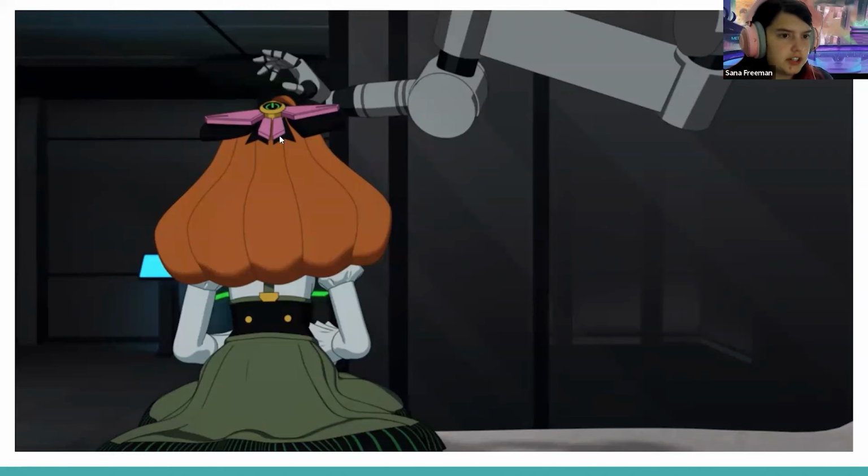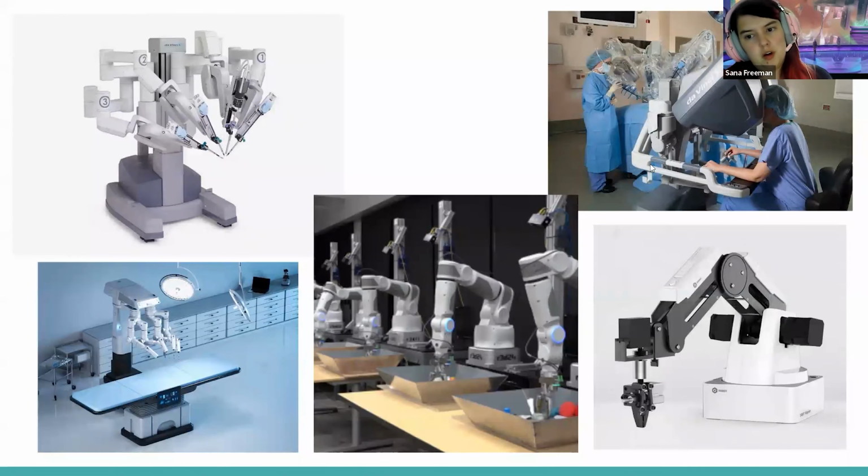But the boards did what they needed to do, right? They just need to show this is the moment that we need to have, and it is then the designer's job to make it work, right? So I did my research on actual robot arms in real use, and you notice that they're not just a ball joint like a human arm would be. They have all these different connections, so they can move very slowly and very precisely, because even though Ruby's a cartoon, it's not meant to feel super goofy.